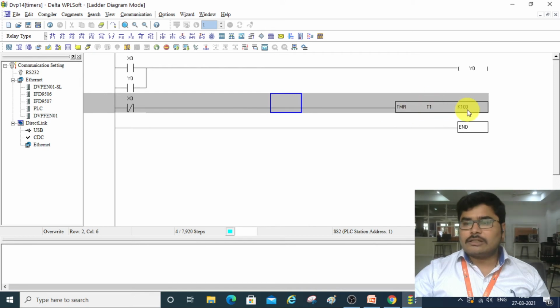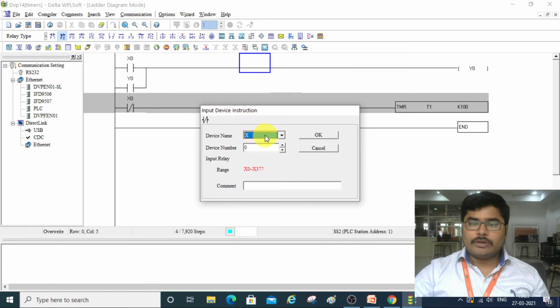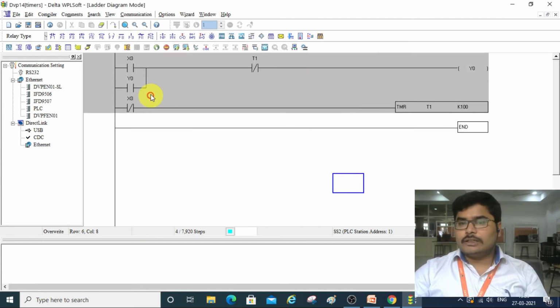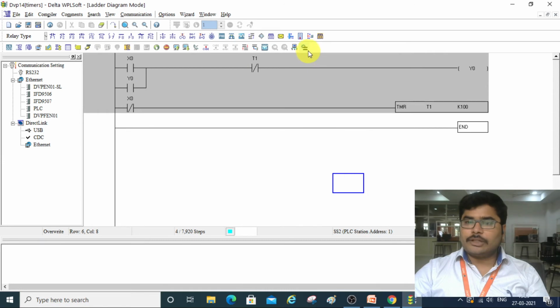Whenever the counter value reaches the set value, then T1 will be energized. When T1 is energized, this bulb should turn off. For that purpose, here you have to take one normally closed contact with the address T1. So this is about the off delay timer.